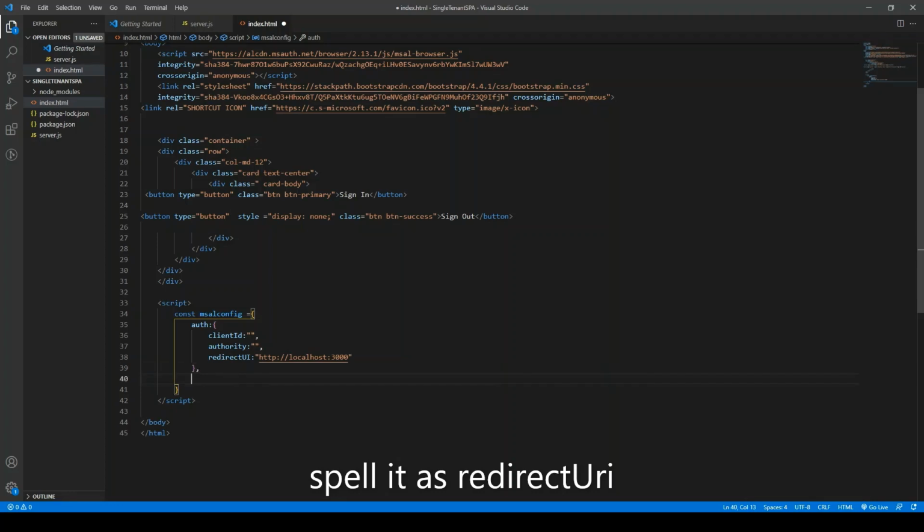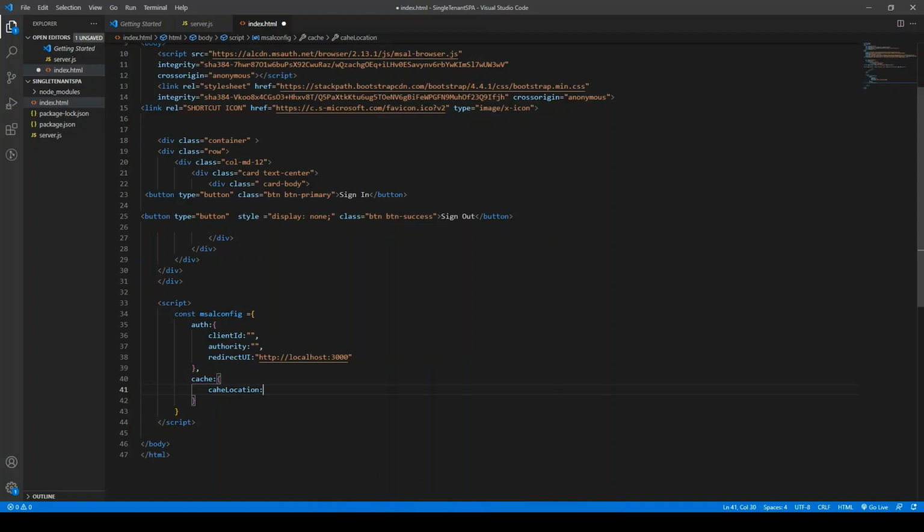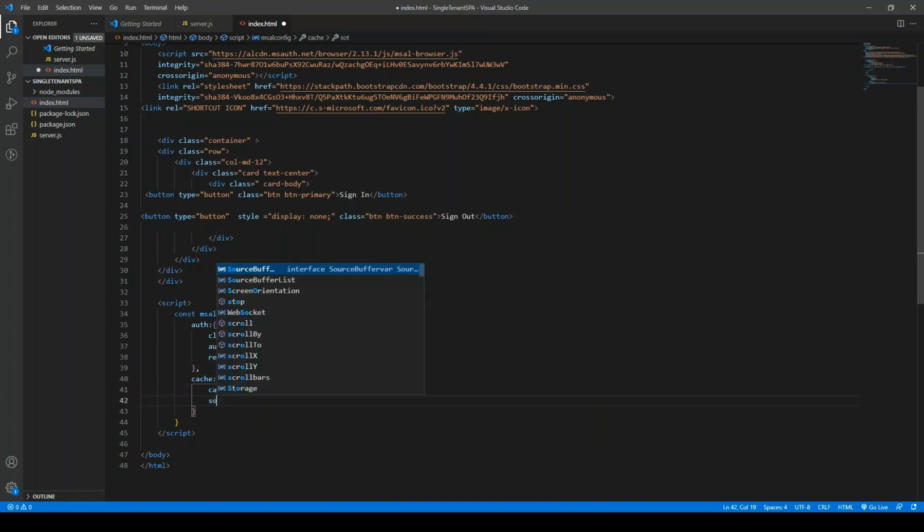One more thing we have to add is the cache. In this we have to add two parameters. One is the cache location, which will be session, and another is store auth state in cookie.